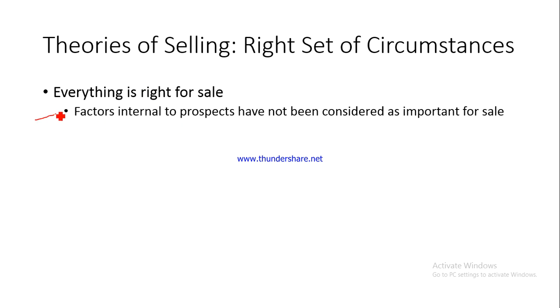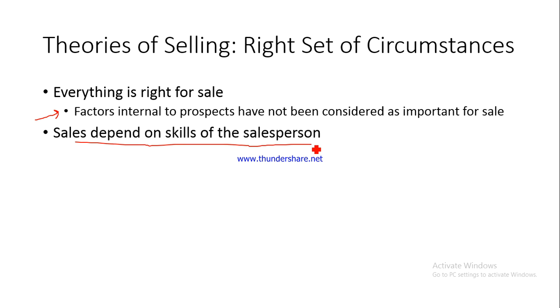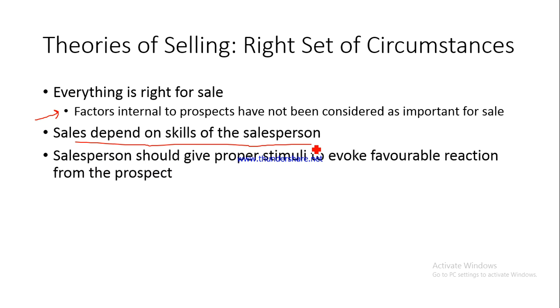We'll come back to this point after a few minutes. Now basically what we are saying is sales ultimately depend on the skills of the salesperson, because everything, the environment is conducive for sales. So whether or not you are able to make sales would depend on whether or not you are skilled enough as a salesperson, whether or not you are able to convince your prospect, right? So ultimately the success of the salesperson is dependent only and only on his own skills. So this is what this particular theory says, and that is why